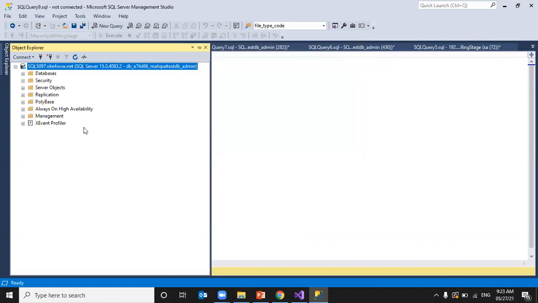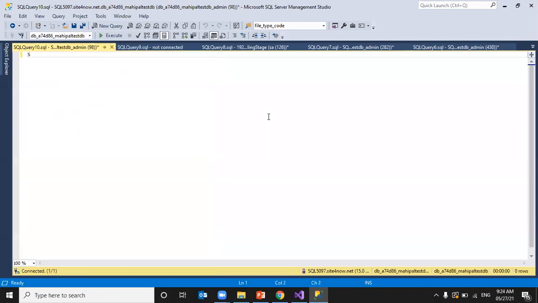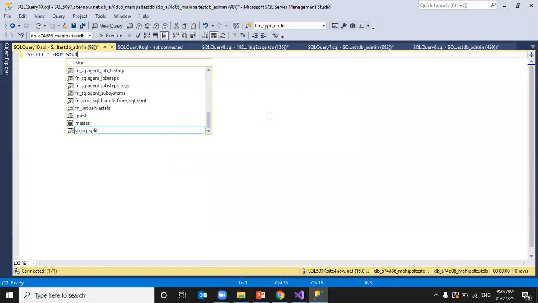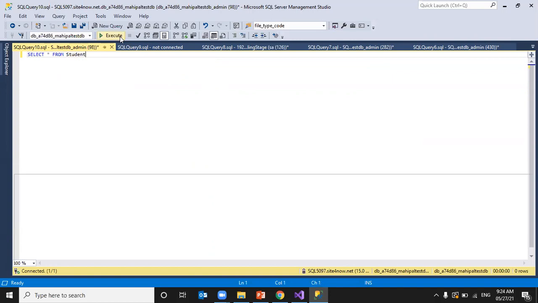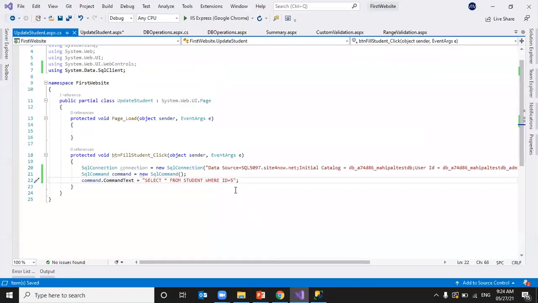From the databases, I'll go to my database and then select star from student. So I have records with 4, 7, 8, 10, 11, 12, 13. Okay, so let's take 12. So we are getting particular student details.